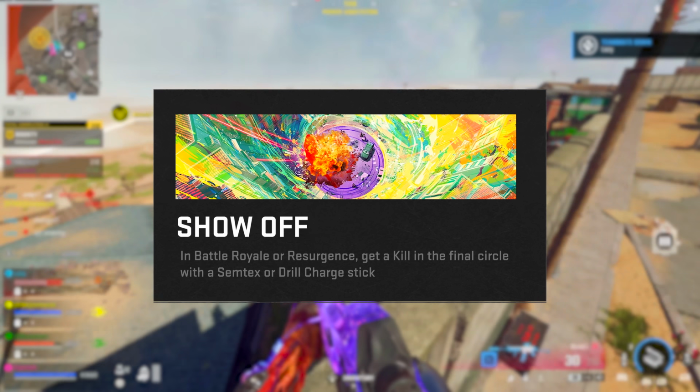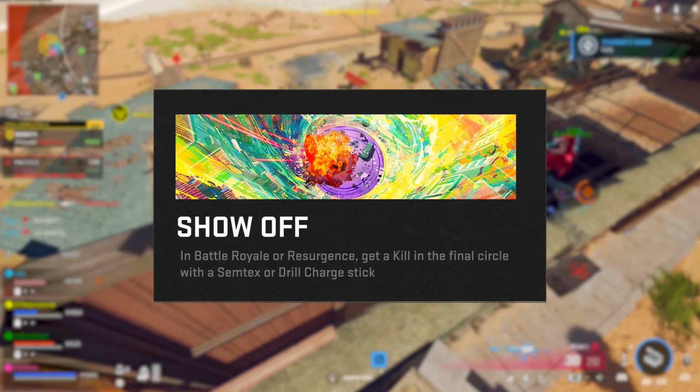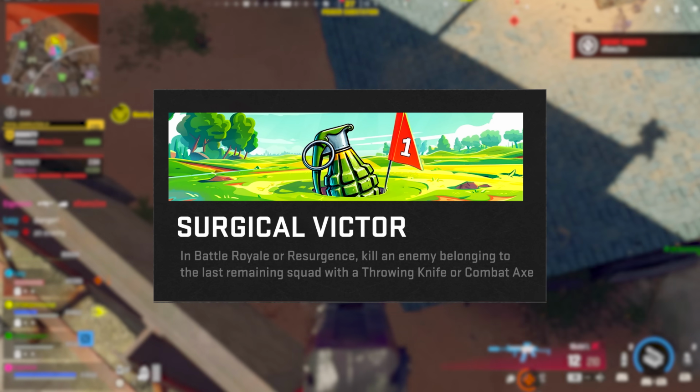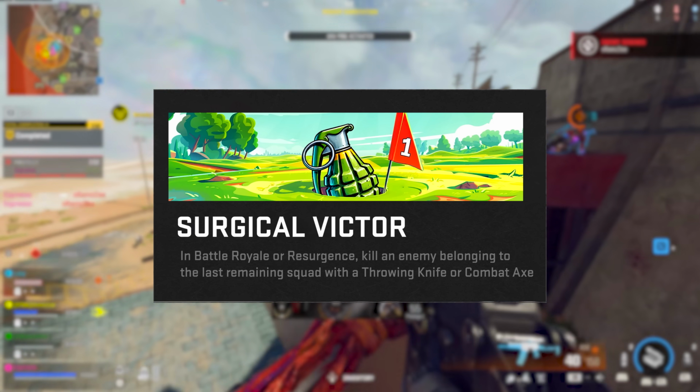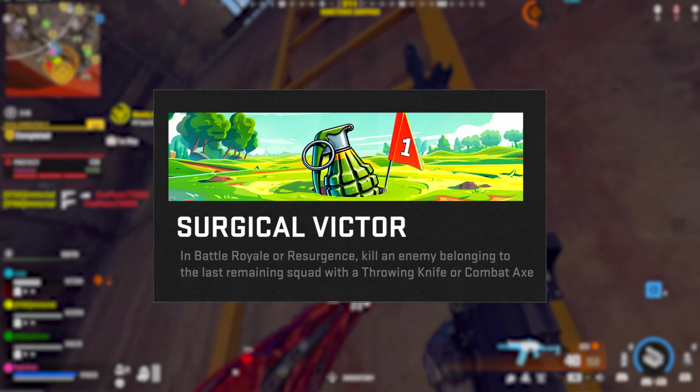Show Off requires you in Battle Royale or Resurgence to get a kill in the final circle with a Semtex or drill charge. Surgical Victor will require you in Battle Royale or Resurgence to kill an enemy belonging to the last remaining squad with a throwing knife or combat axe. Doesn't have to be the final kill, but has to be a part of that last team